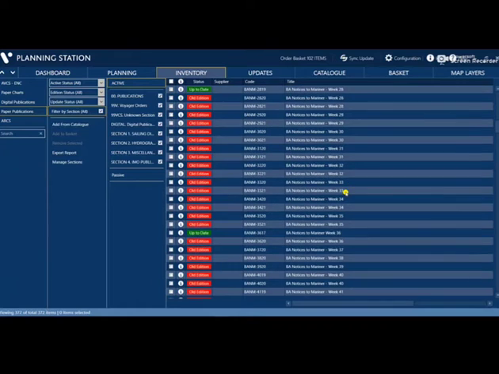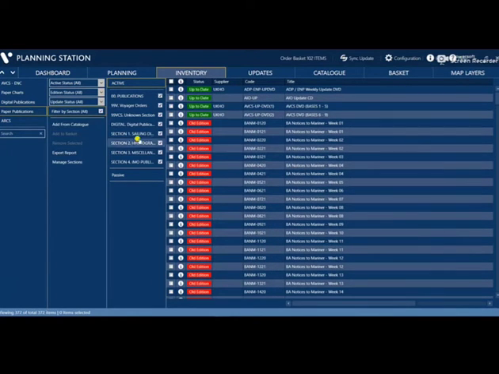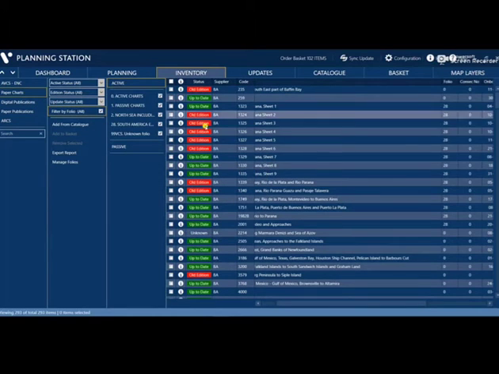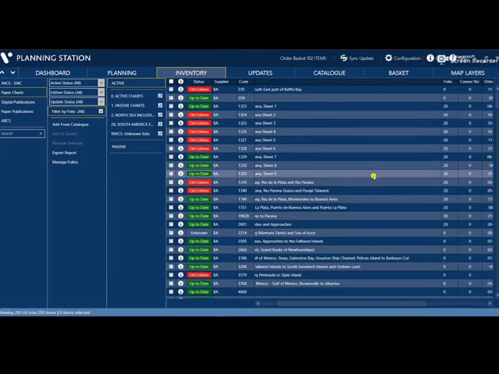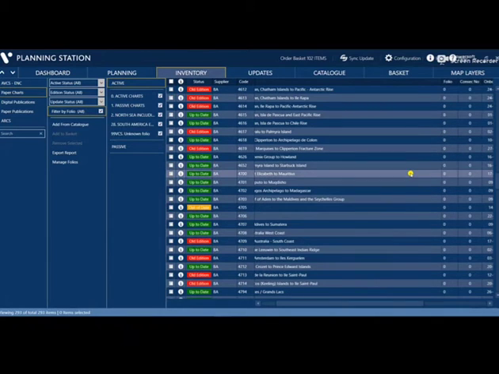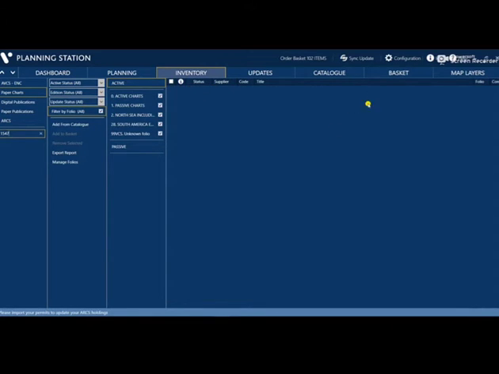Okay, so today I will show you, I will change something here in paper chart. I have a paper chart here on board that is not listed here in my inventory. As you can see, I have 1547 and it is not listed here.